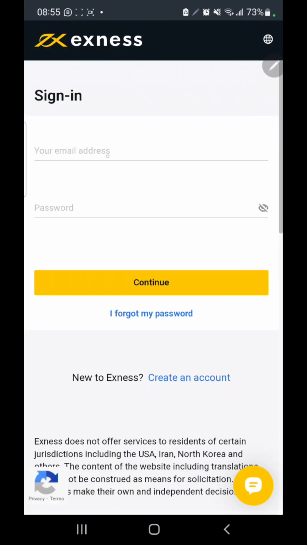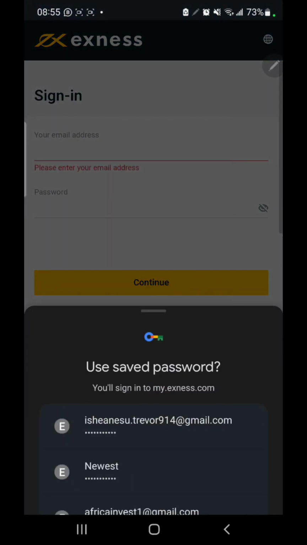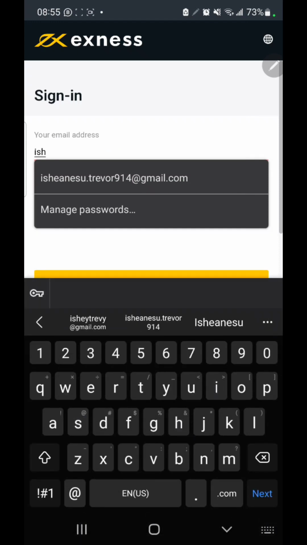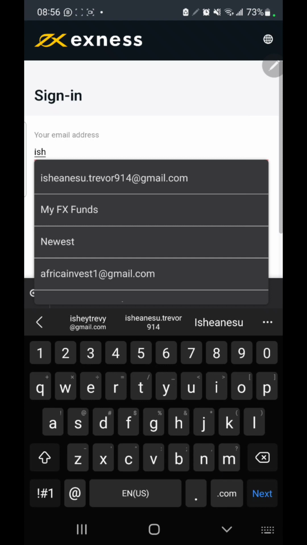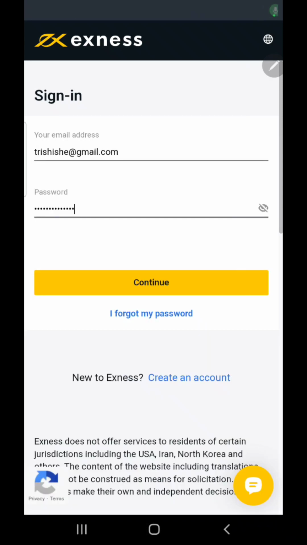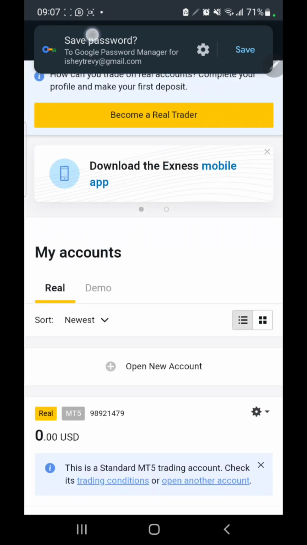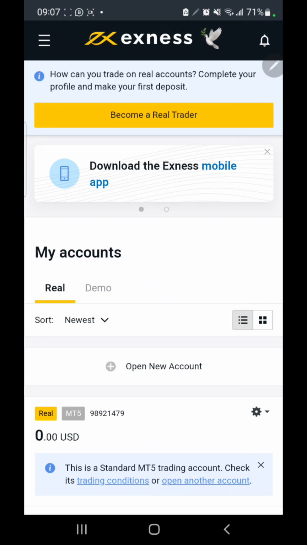So what you're going to do now on the sign in page is you're going to fill in the email address that you used to sign up yesterday. Okay, so once you fill in your email address, the one that you used to register, and you've also filled in your password, you can simply click on continue so that we can be taken into our personal area. Okay, remember, this is the password that you used to register yesterday. You are free to save it on your Google, but for now we are not going to save it. All right, so